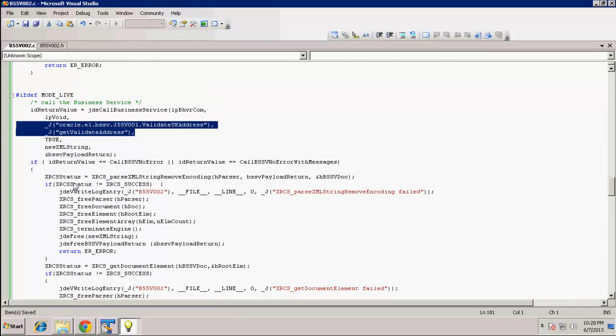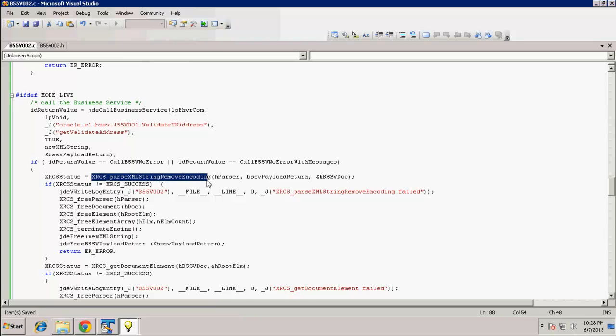At this point, our synchronous call to our business service will be executed and we will retrieve our response in our return payload object. Similar to the steps of sending XML, we will pretty much utilize the same steps but in reverse direction. In general, we now need to deserialize our return payload and retrieve the returned county name and postcode so that we can send them back in our business function data structure member variables. So let's quickly go over these steps.